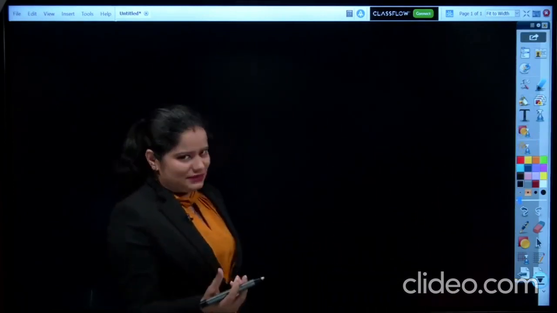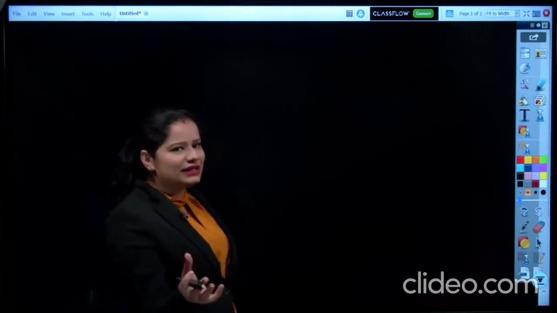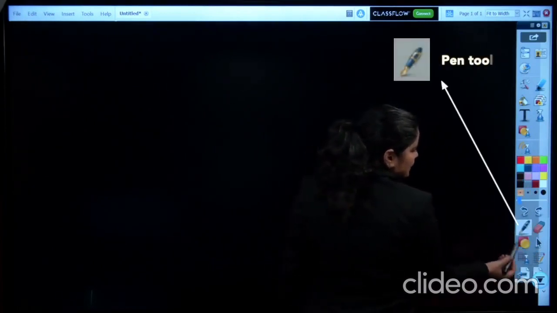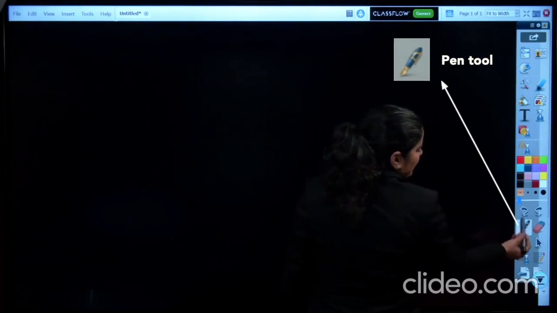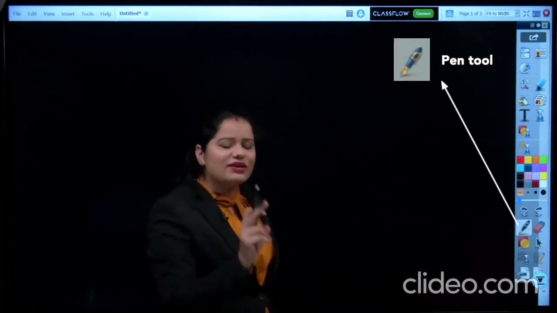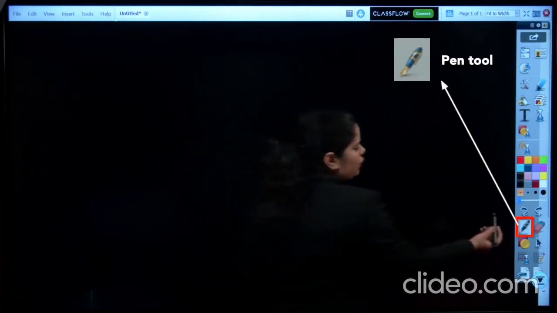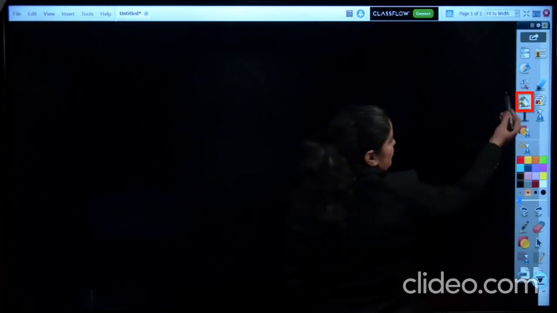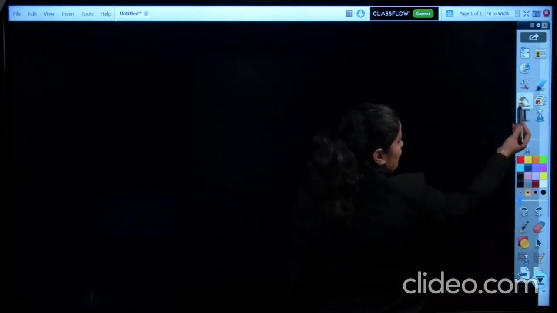Now to write, whenever you are writing, you need a pen. So where is the pen tool? You can see over here, this is the pen tool. Once you click onto this, you can see there is a square that comes onto this icon. So whenever an icon is selected, you will see this box over there. Let us suppose I have selected this. So you can see the box is shifted from the pen tool to this. So now I am going to use the pen tool.